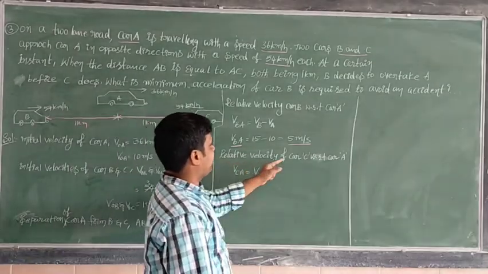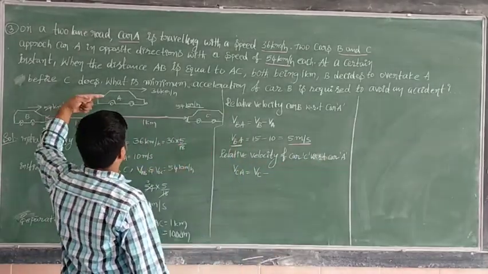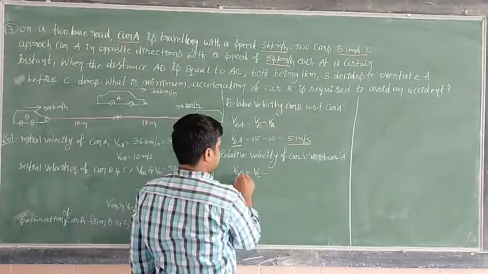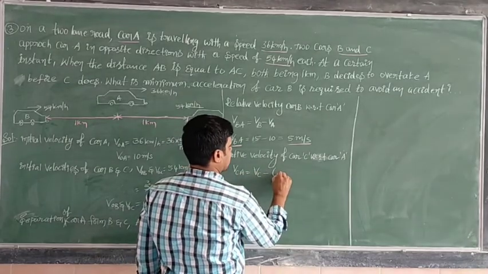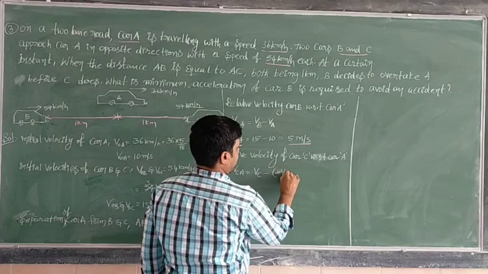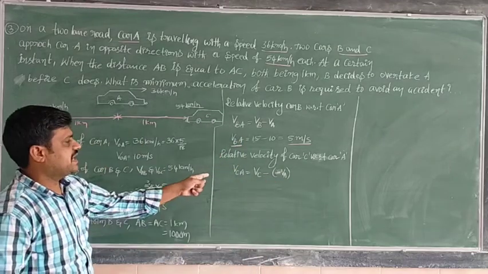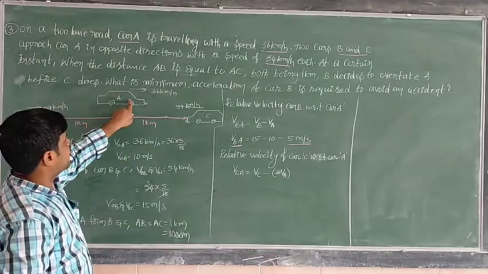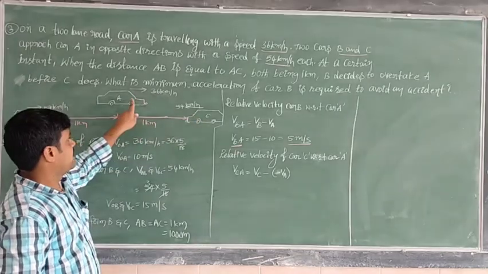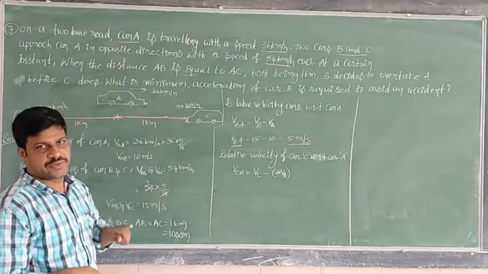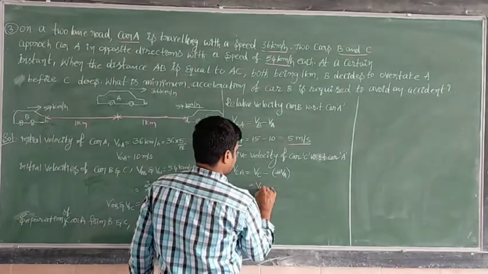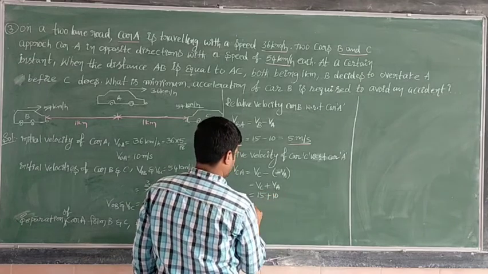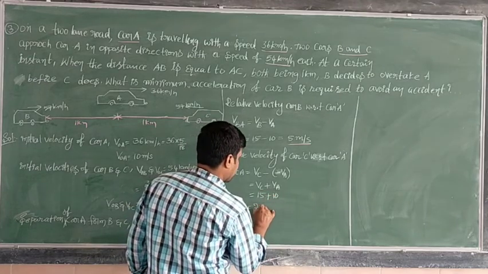Now, what is the relative velocity of car C with respect to car A? Car A is traveling in this direction, car C is traveling in this direction. Relative velocity means VCA is equal to VC minus VA. But here car A is opposite to car B, that's why for the opposite direction we have to take a negative sign. So VCA is VC plus VA. VC is 15 plus VA is 10. So VCA is how much? 25